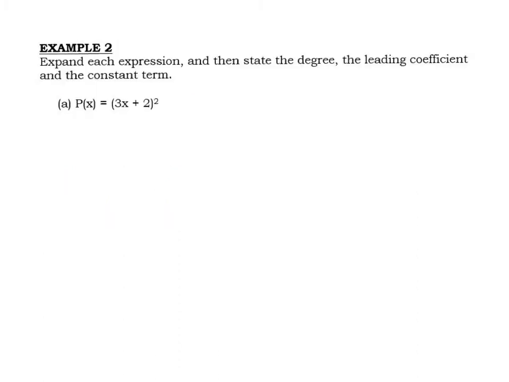Example 2 is a little bit different. It wants us to expand the expression. Once we've expanded it, then state the degree, the leading coefficient and the constant term. And hopefully you recognise this as following the perfect square rule. So p of x is going to equal 3x all squared plus 2 times 3x times 2